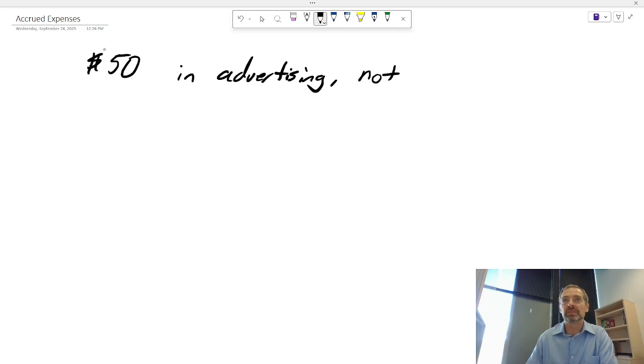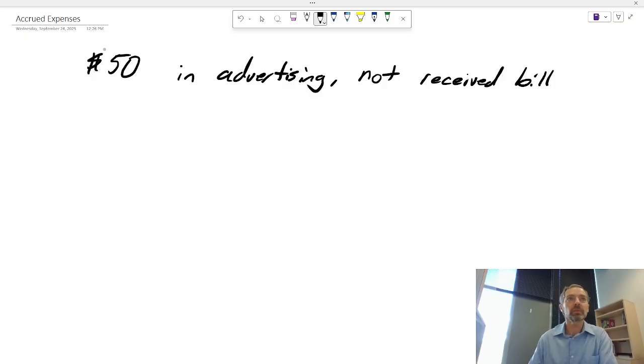Now, why is that important? Again, because typically when we receive the bill, we put it in the accounting system right away, and so it's already there. We don't want to double up things. So we're just looking for things that we haven't put in yet. In this case, I know that I have spent $50 for advertising, but I didn't get a bill yet, so I'm going through the accounts and saying, hey, something is missing here. So I know that I owe this advertising. Even if I haven't received a bill, I use the services, so I technically owe this $50.